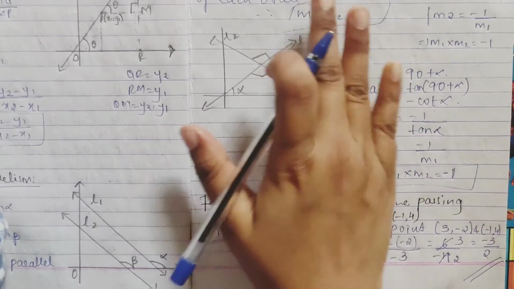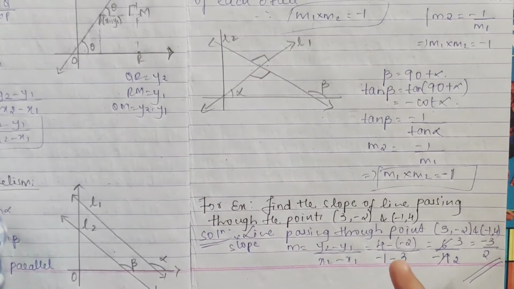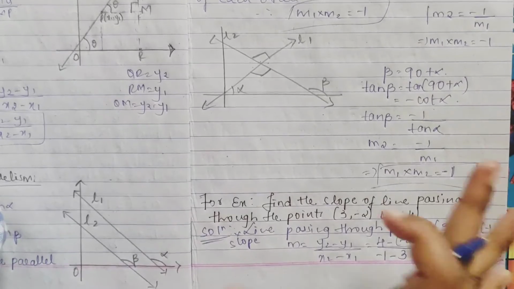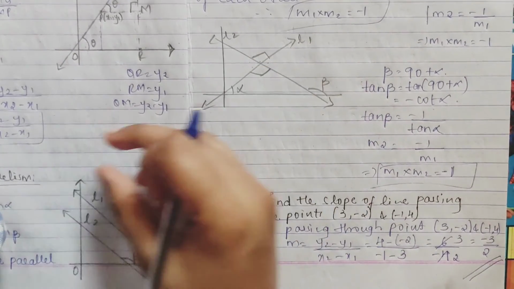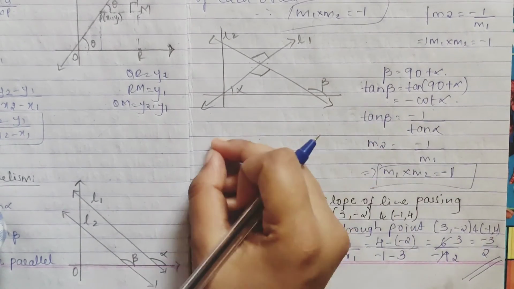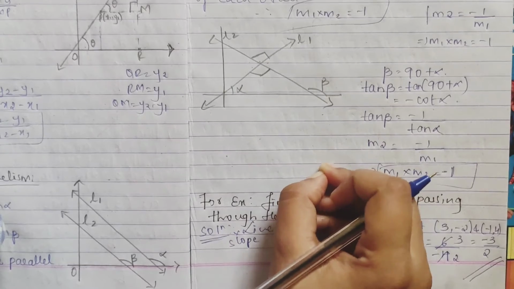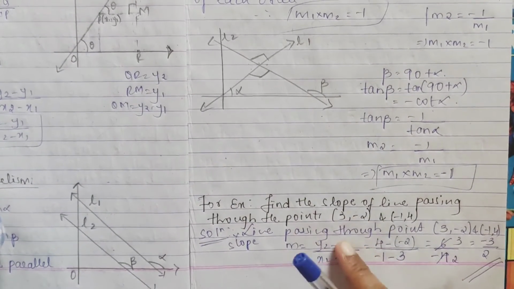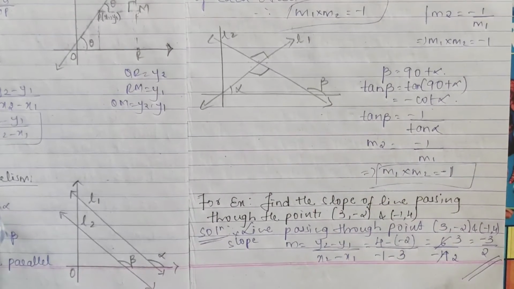You have to remember all this part, okay? It is important. It is a kind of formula, so you can write everything again in your formulae notes, okay? The only condition for parallel lines is m1 is equal to m2. The condition of perpendicularity is m1 into m2 is equal to -1. Then the slope of a line through two points is given as such. The slope of a line is given by m is equal to tan theta, okay?